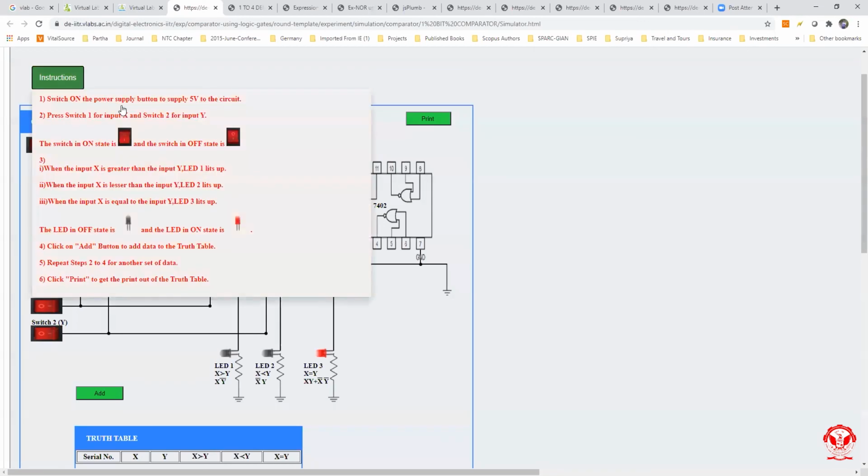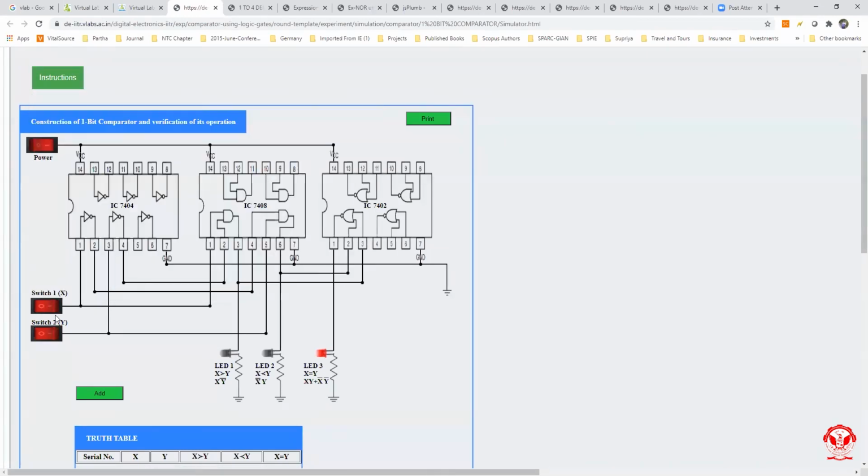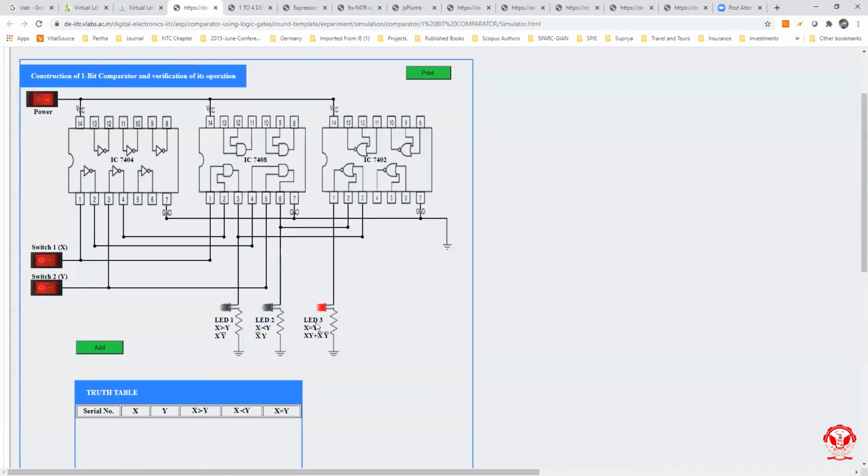Okay, now what is our second step? Press switch 1 for input X and switch 2 for input Y. This is our input X and this is our input Y, and since it is already in the 0 0 state, our LED 3 lights up.